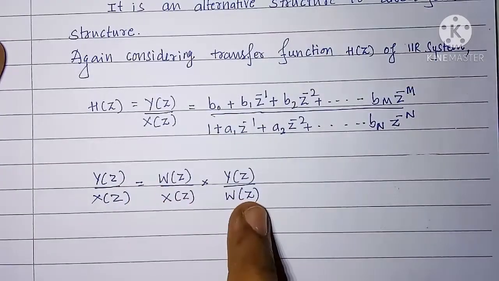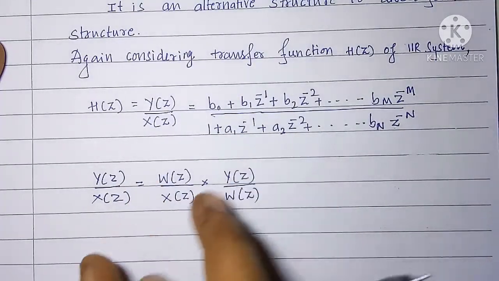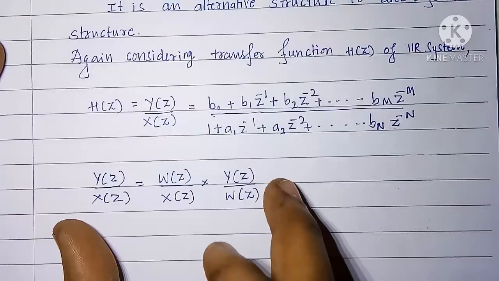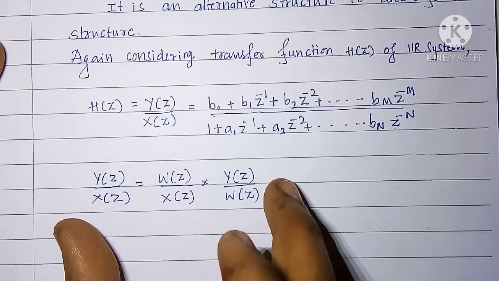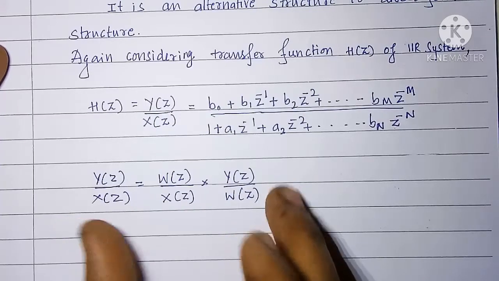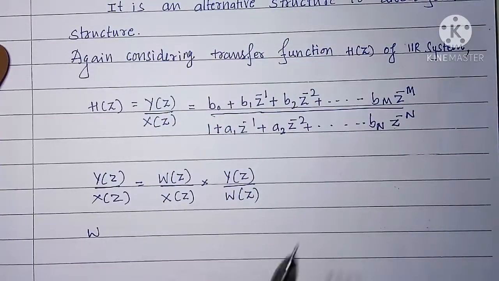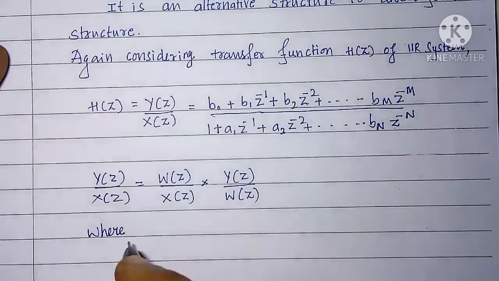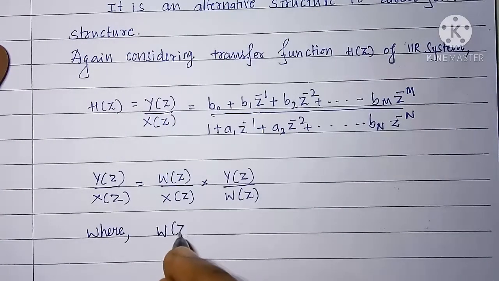Here W of z and W of z will cancel. Once again we get Y of z by X of z. But here some mathematical manipulation is to be made, where W of z upon X of z,